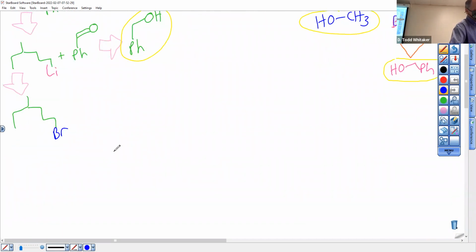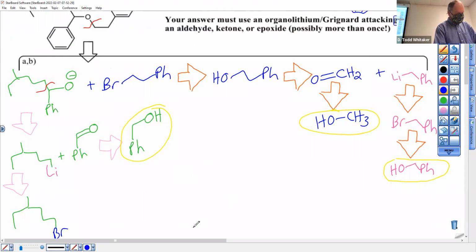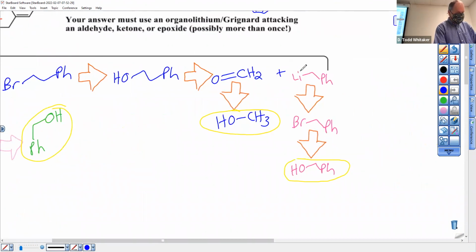All right. So you want to make your life easy, right? You don't want to try this again and add one extra carbon. Didn't this make this bigger by one extra carbon to get to here? It did. That would take me from 6 to 7. But we know a way to get more than one extra carbon. You don't attack an aldehyde. You don't attack a ketone. You attack an,